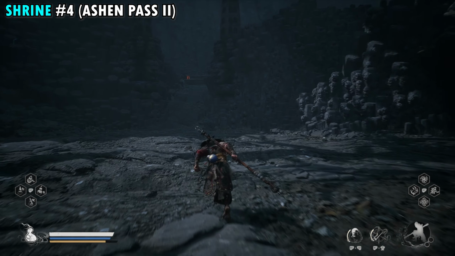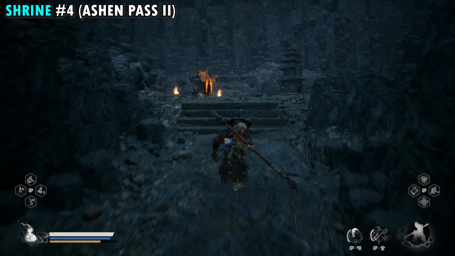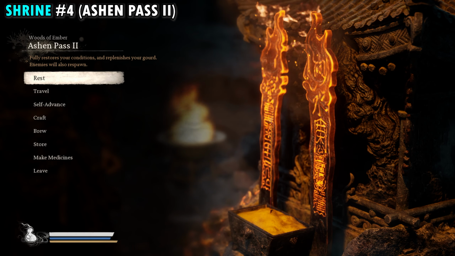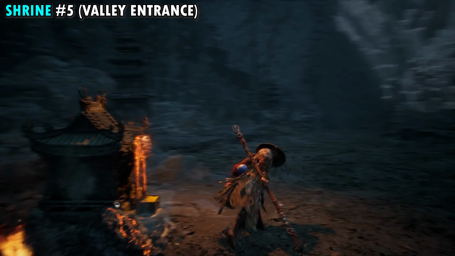So a lot of boss fights to get to this next shrine, but once you defeat them all, you can make your way up the path, and you guys will see the next shrine is going to be right here on your left. And this one is called Ashen Pass number 2. Now from the Ashen Pass 2 shrine, all we're going to do is turn to the right, and we're going